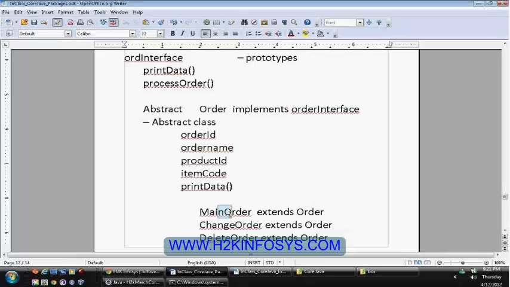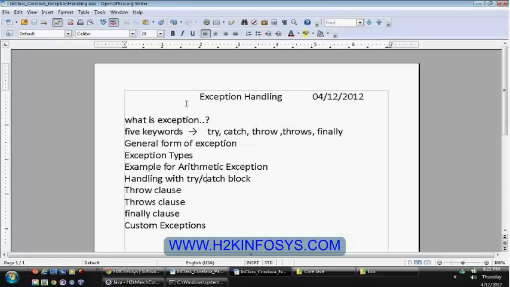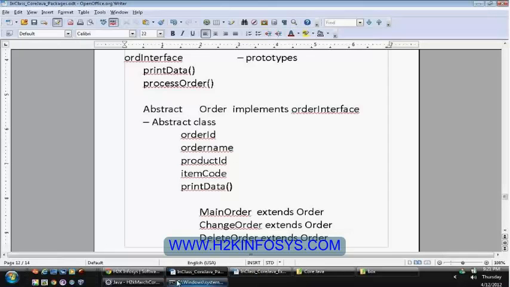Whatever definition you have provided is only up to that particular class. Even change order and delete order, when they are extending the order class, are trying to get the information from the order class, so they should take the responsibility of implementing the abstract methods. That's what applies with respect to our interface as well.